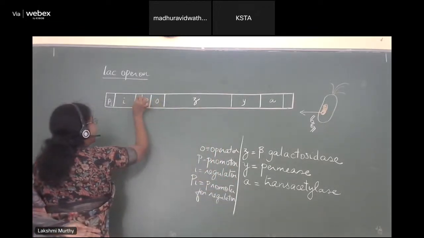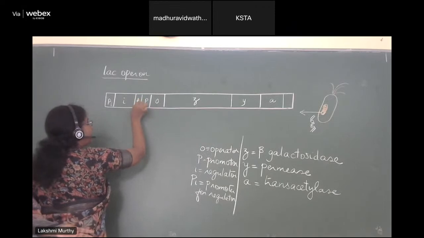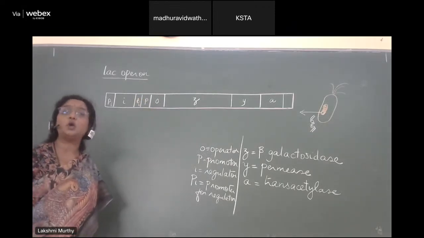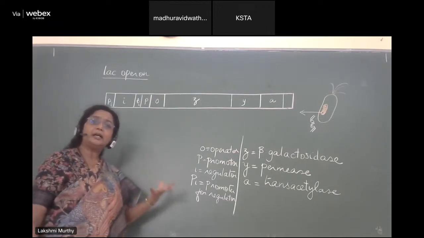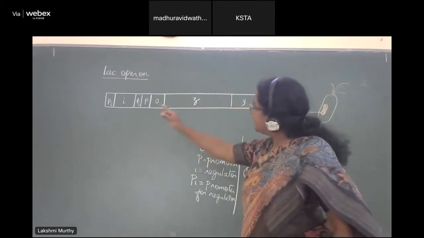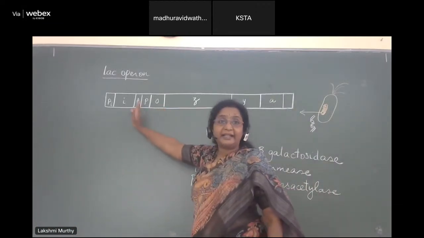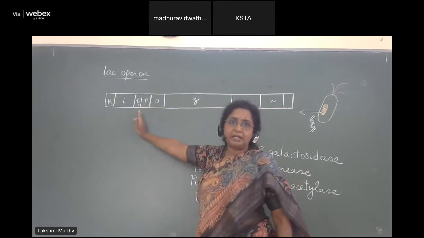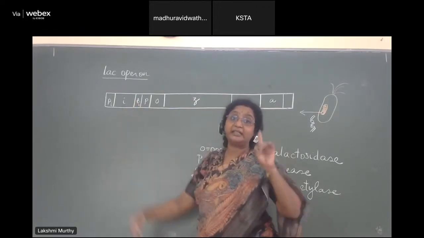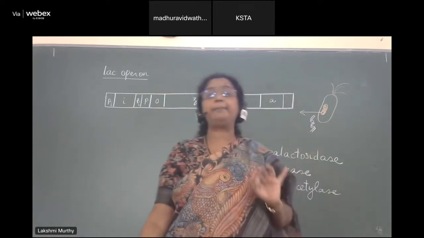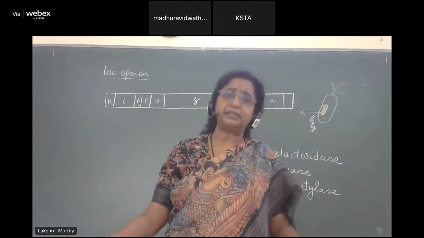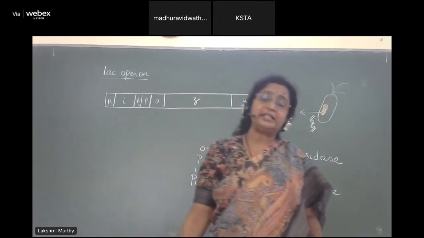So here there has to be a terminator for the I gene, which in the NCERT book is ignored. And even if you Google some images of gene expression regulation, you will not find this usually shown. But there has to be a terminator for the regulator gene. That is ignored sometimes, and the question will definitely be asked in one of the NEETs, if not this year, maybe some other year. But it is definitely an intelligent question.